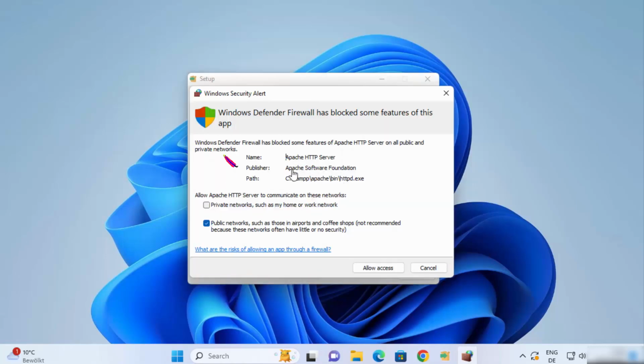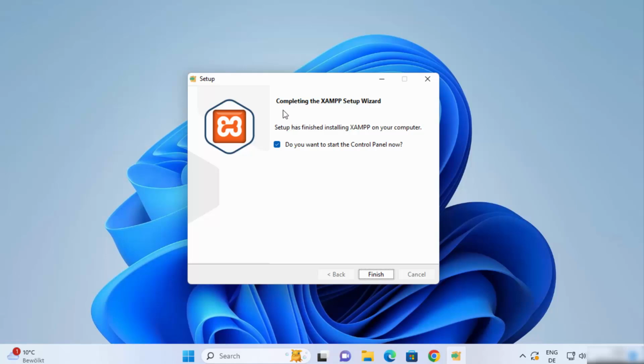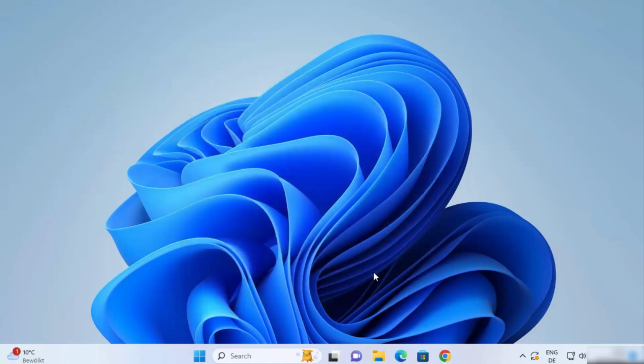Also in the middle of the installation, you can see this kind of message, which says Windows Defender Firewall has blocked some features of this app. I can just leave it as default, which is public network, and then click on allow access, and then I can see that it says completing the XAMPP setup. Also it says, do you want to start the XAMPP control panel now? So just leave this checkbox as checked and then click on finish,